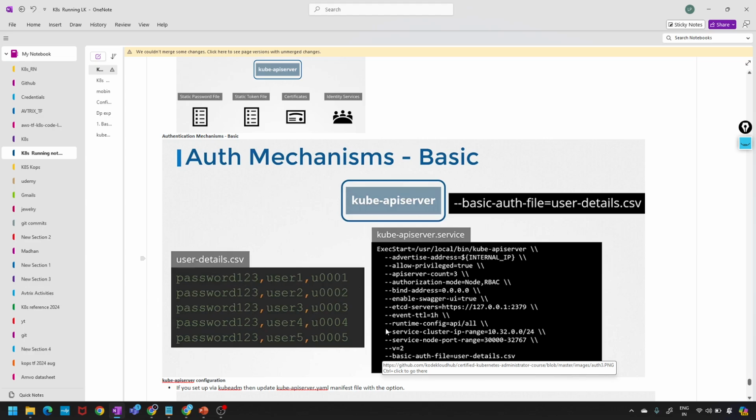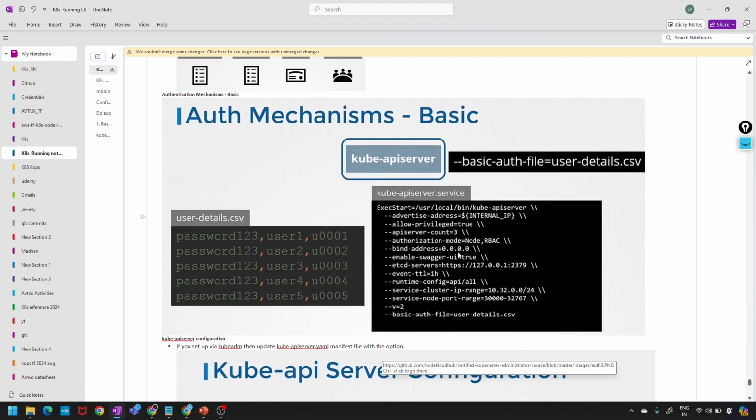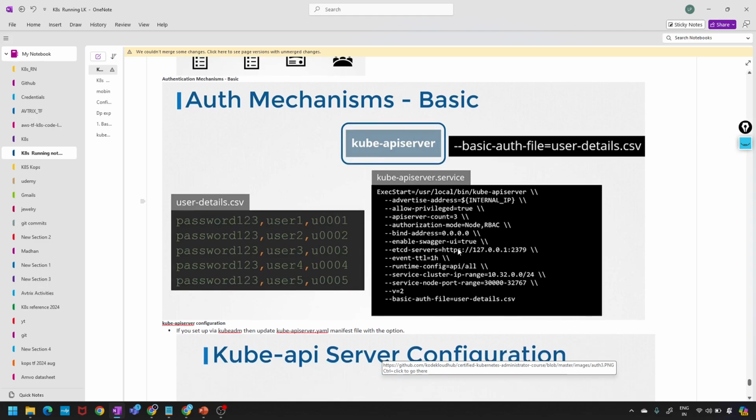So maybe wherever this file will be, it will take from there itself, right? If you set up the cluster using the kubeadm tool, then you must modify the api server pod definition file. The kubeadm tool will automatically restart the kube-api server once you update the file. To authenticate using basic credentials while accessing the api server,